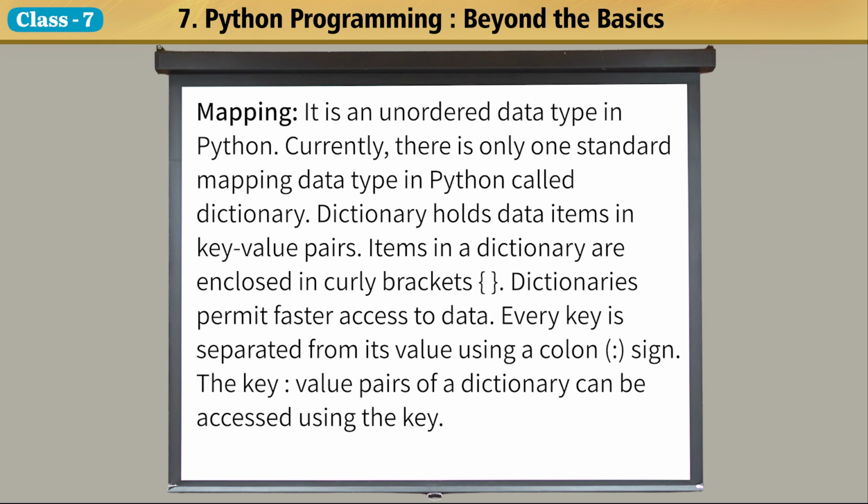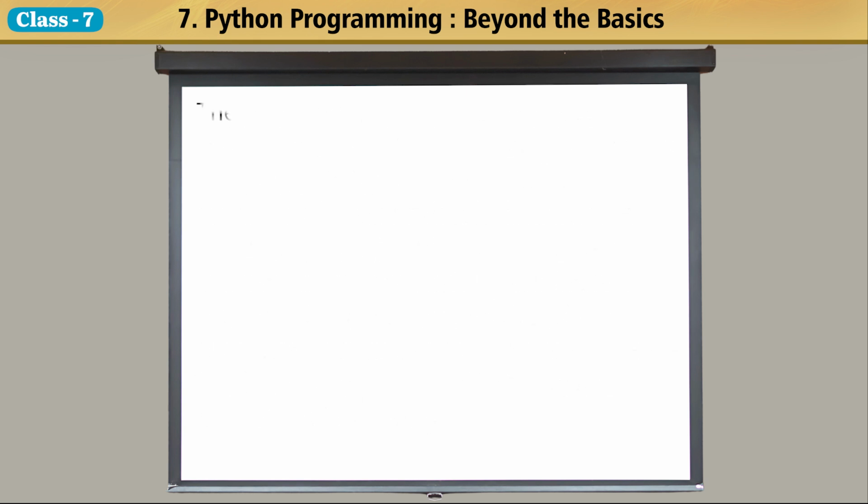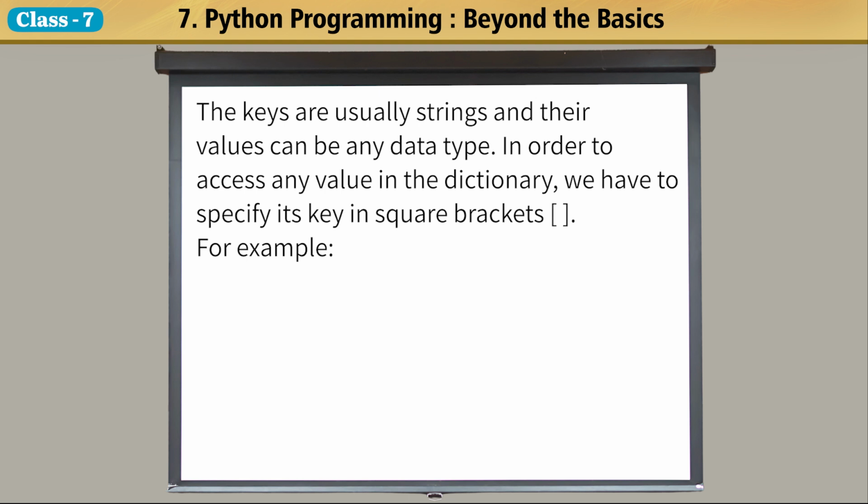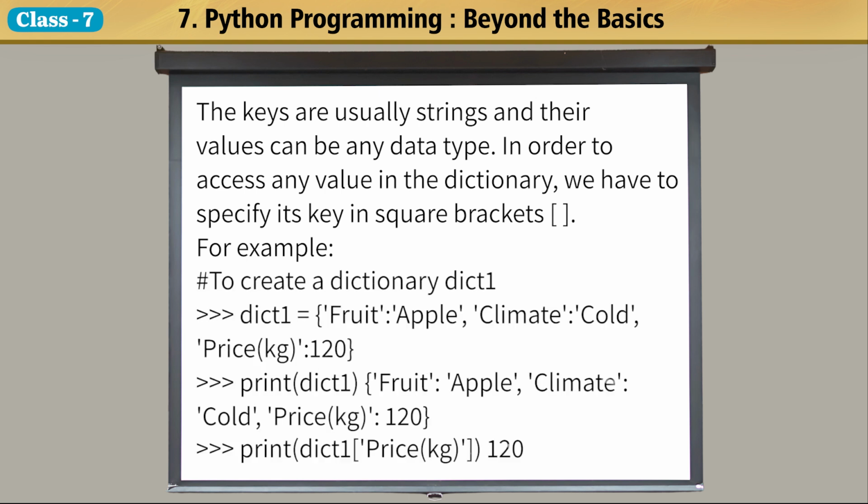The key-value pairs of a dictionary can be accessed using the key. The keys are usually strings and their values can be any data type. In order to access any value in the dictionary, we have to specify its key in square brackets. For example,